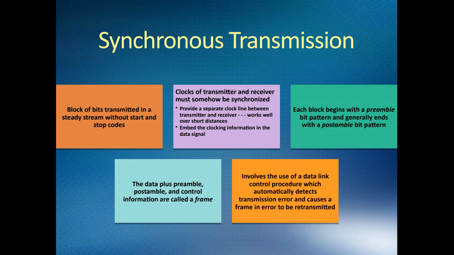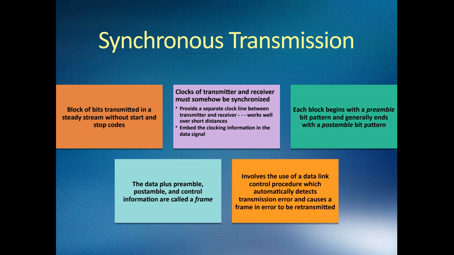Why? Because the network speed is very high. It's fast. And we agreed last time, the speed of signal is the same as the speed of light, which is 300,000 kilometers per second. So if there is a 1 second difference, it's a big problem. So the data plus preamble, postamble, and control information are called a frame